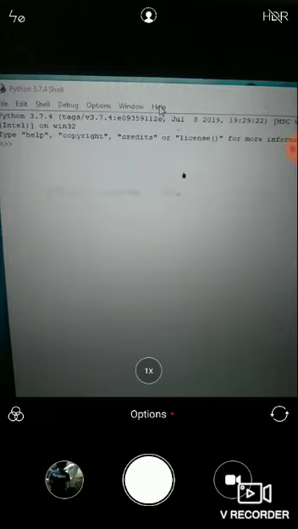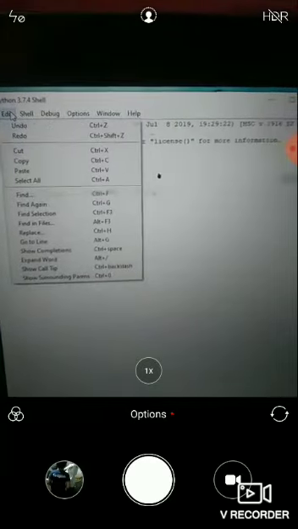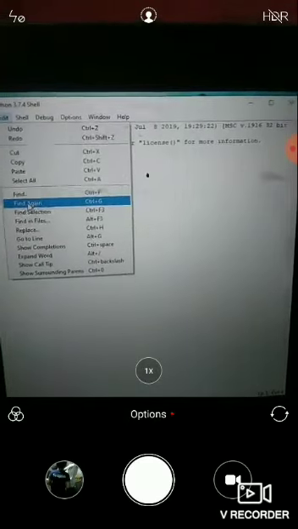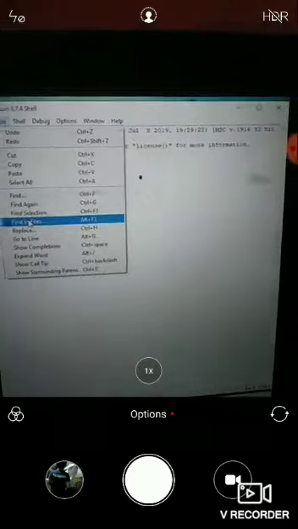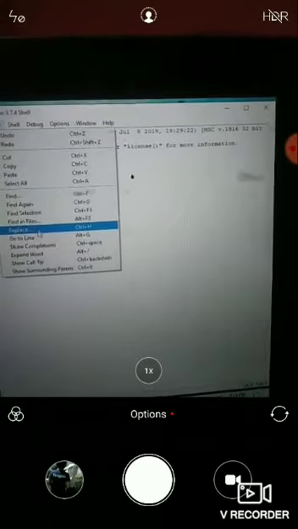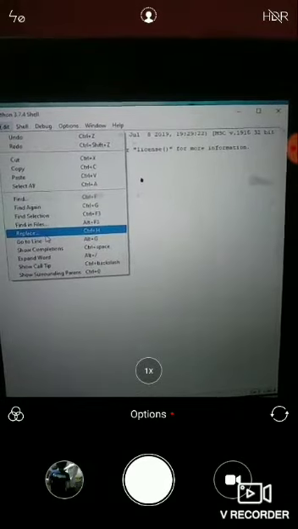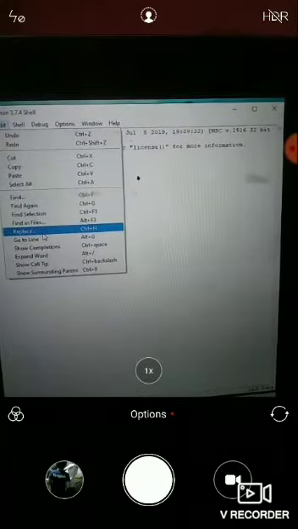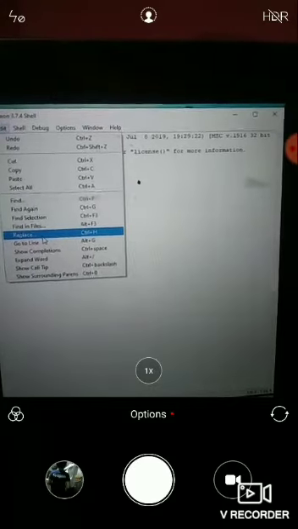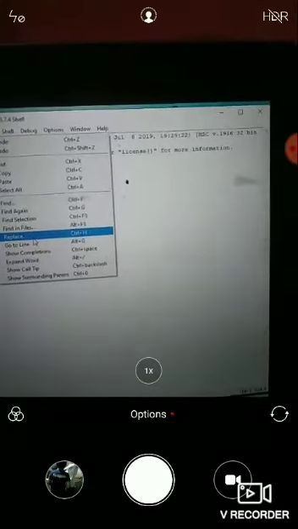The edit menu allows you to edit the text you type in the shell by applying various editing options such as undo, redo, cut, copy, paste, select all, find again, find selection, find in files, replace, go to line, show completions, expand word, show call tip and show surrounding parens.